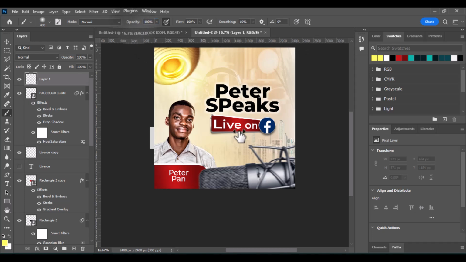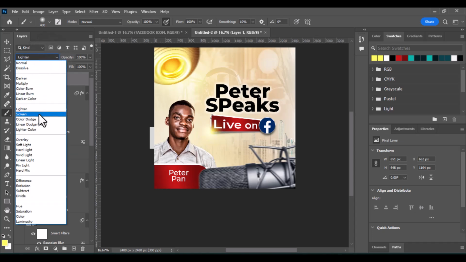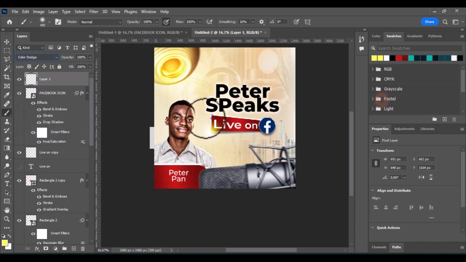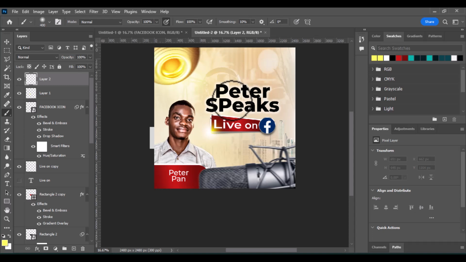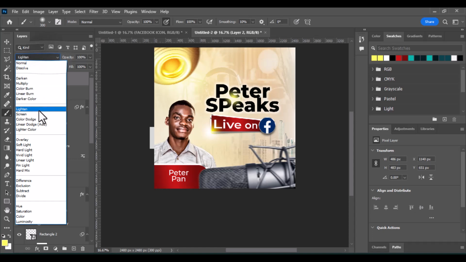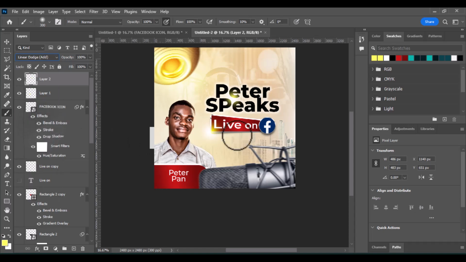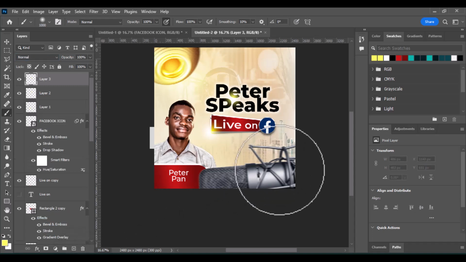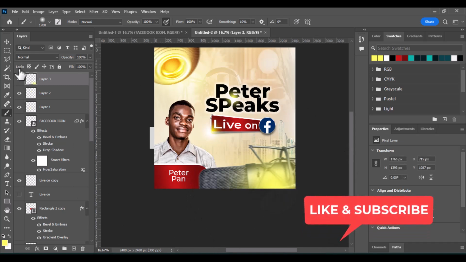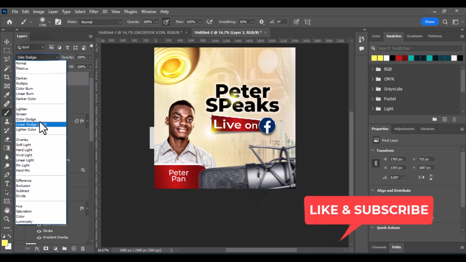Right, increase the opacity to 100%, then add one click here, then change the blend mode to color dodge, then I'm around right to anywhere I want. So I'm gonna click here and also change the blend mode to linear dodge, right? And yeah, we're gonna add one more. Again, create a new layer, add one more for this part, click and change the blend mode to